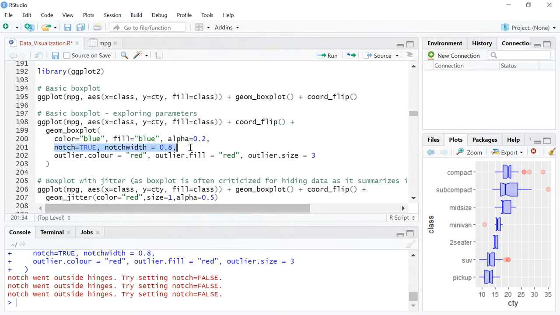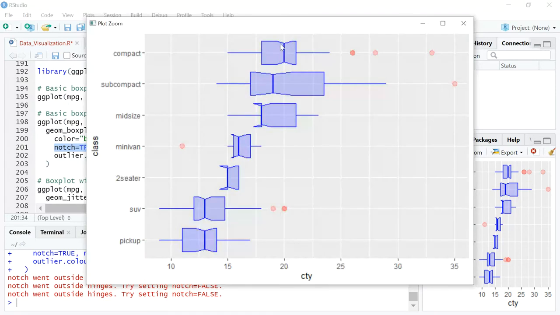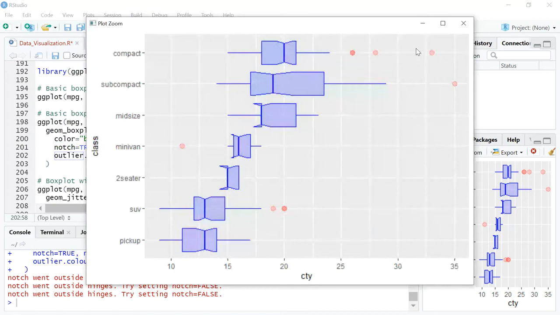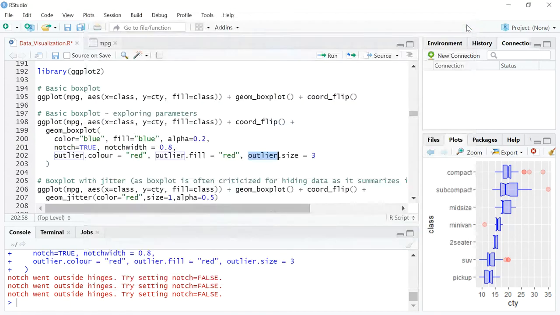Right. Now, if you want to make it look fancier, you can use the notch command. The notch is the notching that is represented here. So the earlier version that you saw was like a box. Now you see a small notch, like a V, on the top of the box and towards the bottom of the box. This is notch equal to true, and you can set the notch width between 0 and 1. That increases the amount of V-ness of that box, right? And you can use outlier.color or outlier.fill and outlier.size to play around with the outliers, right? So you can increase the size, and the dot will be bigger. That's it. It's that simple, right?